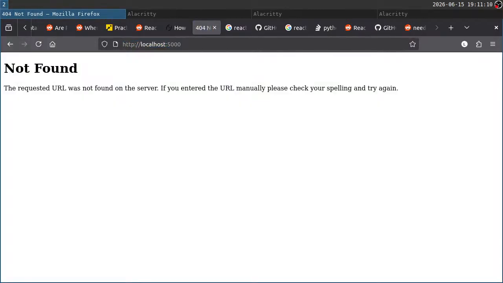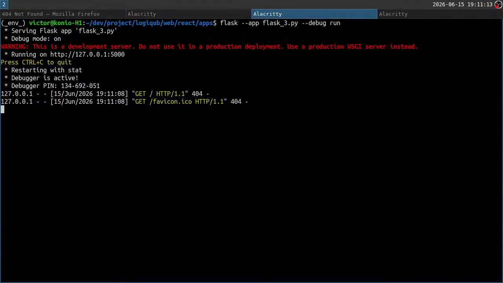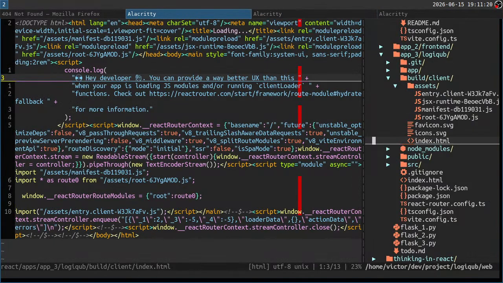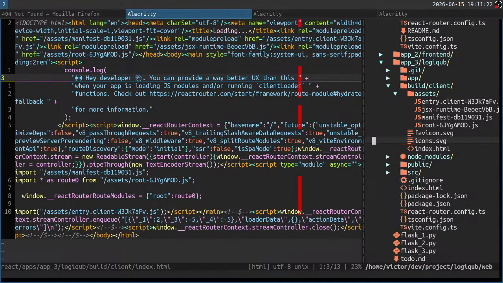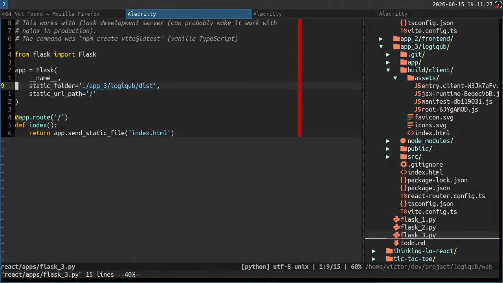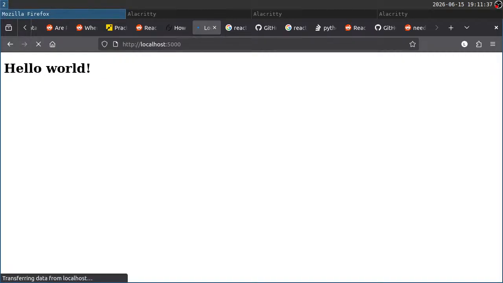Not found. Oh, there is no index.html at this address. So build client. Hello world. Wonderful. Okay, so we got it to work,